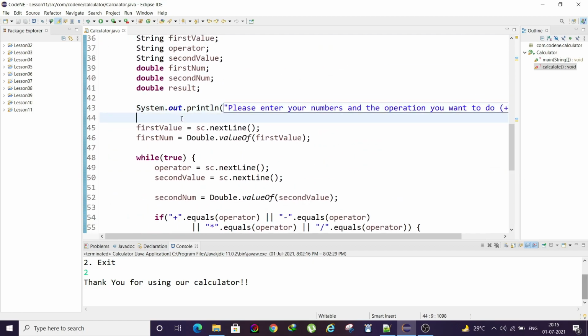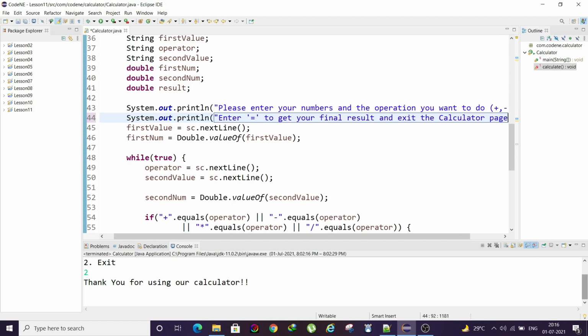Another thing we need to tell the user is how to exit from this calculator, right? Press enter, okay, equal to get your final result and exit the calculator.